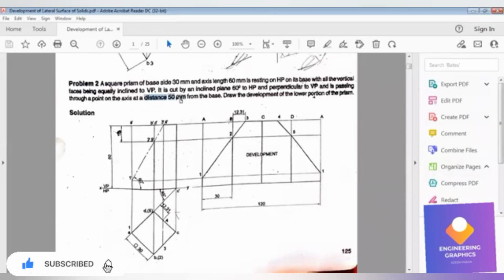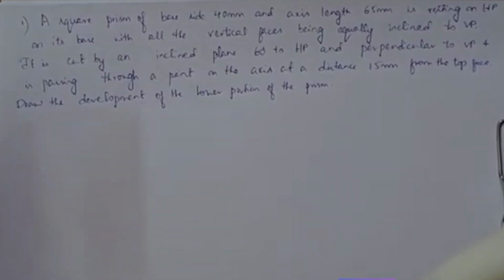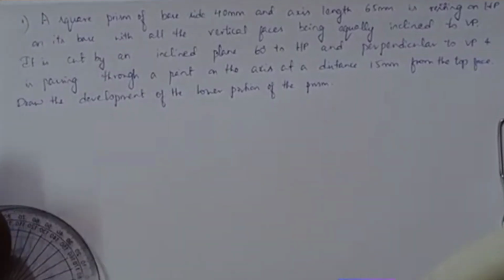So that completes the problem. You can see that everything is completed. So with respect to the question, in the solution book they have made a mistake, but I have done it correctly. We have a square prism problem, wherein we have to construct a square prism of